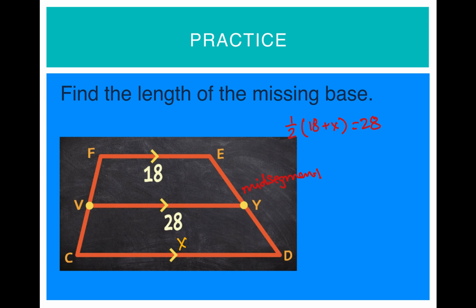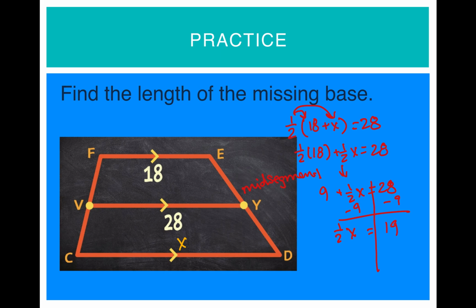Now I'm just going to take a moment. I'm going to solve this equation just like normal. We practice this a lot in algebra. So the first thing I'm going to do is distribute. So then I'm left with 1/2 times 18 plus 1/2 X equals 28. Well, 1/2 times 18 is 9 plus 1/2 X equals 28. If I subtract 9 on both sides, working to get X by itself, I'm left with 1/2 X on that left side equals